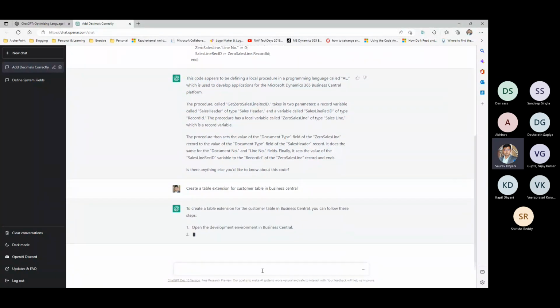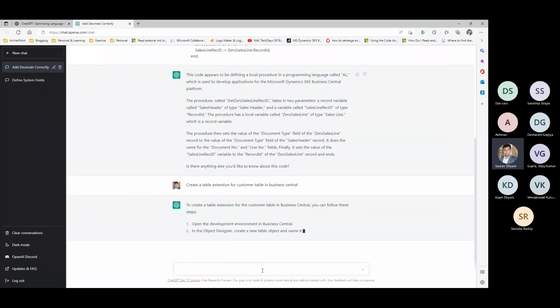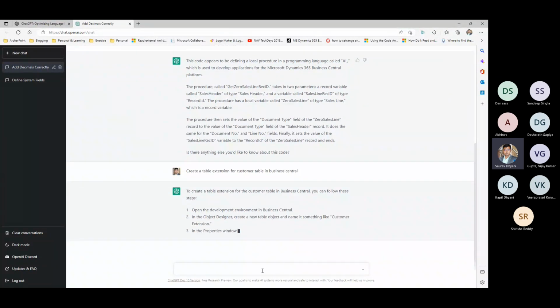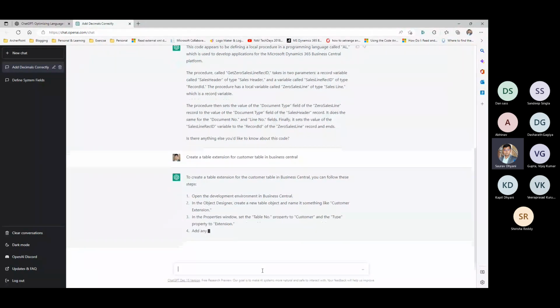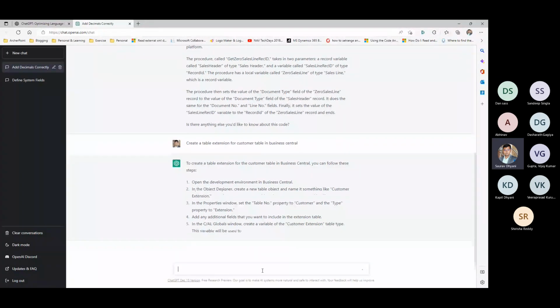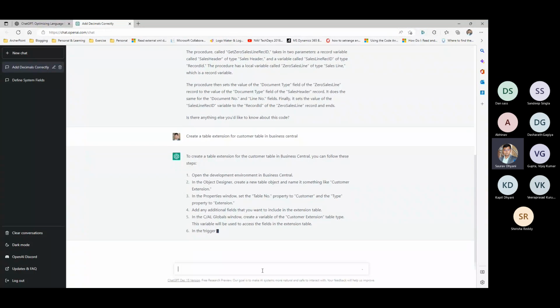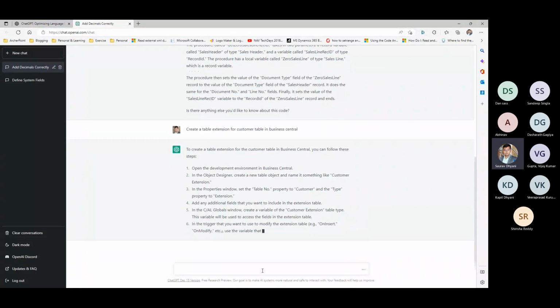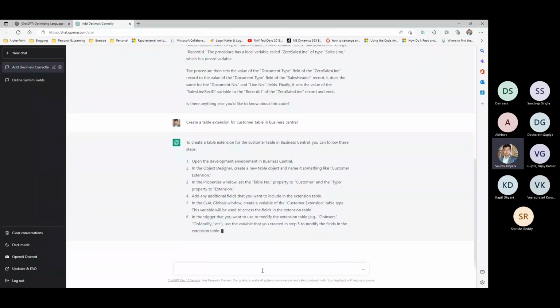So it'll give you all the steps that you need to follow, and this is maybe going to the development environment mode, which is not the new mode, but this is your C/AL style of adding a new field or doing a table extension, which I don't know how they are doing it.